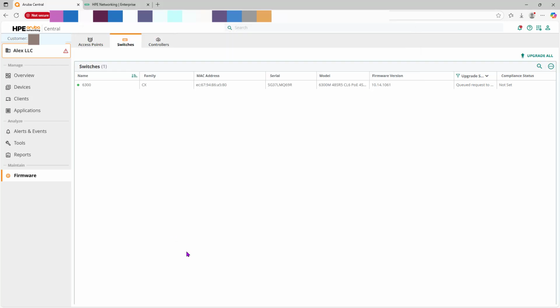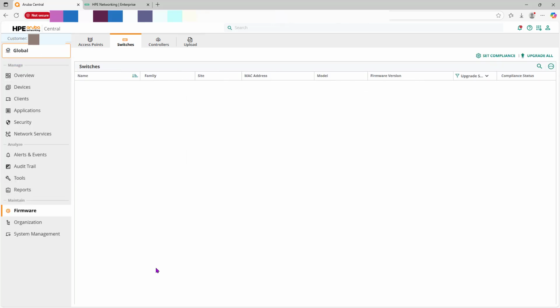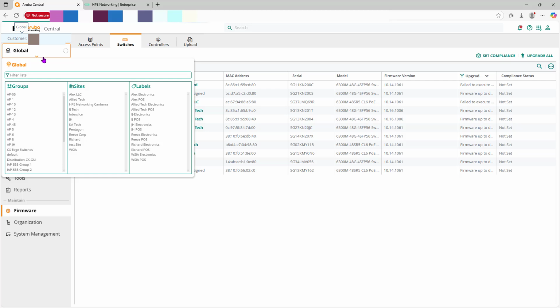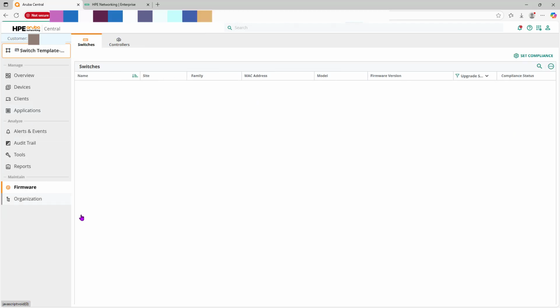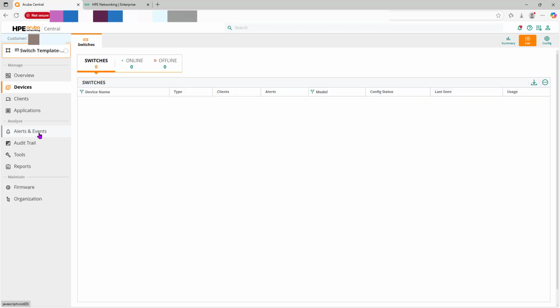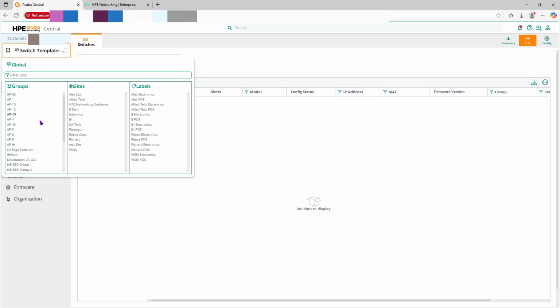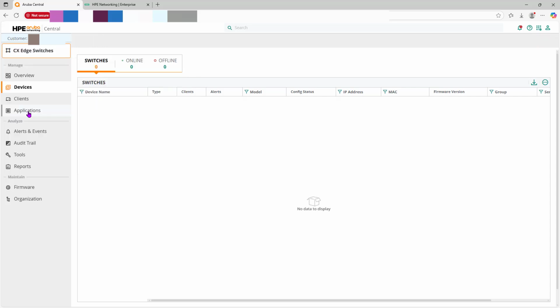So that's one of the things you can also do in this case. Now we're looking at the global view. One of the other things, if you go to a group, like say a template-based group, one of these, one of the really key tools, if you go to device, you can push individual device configuration. So if I go to my switch, its switches,